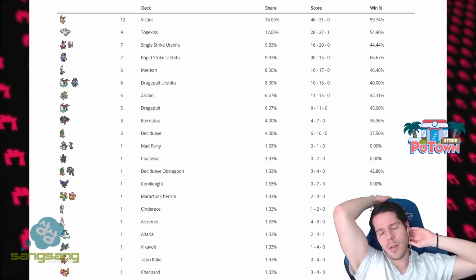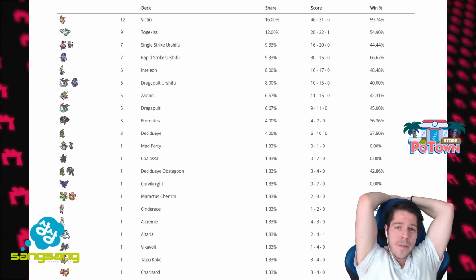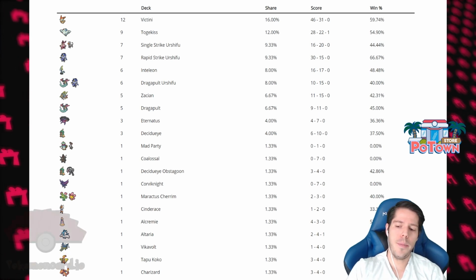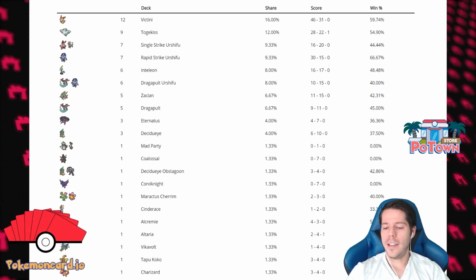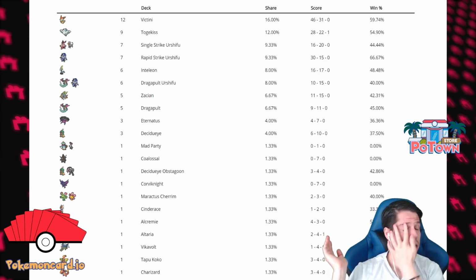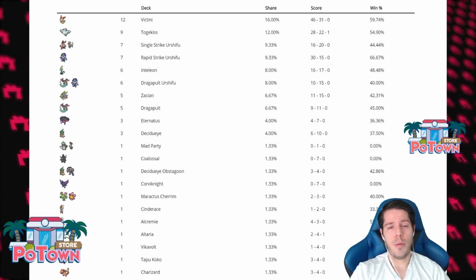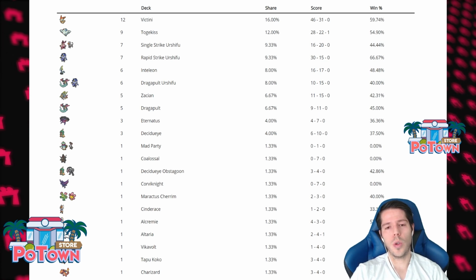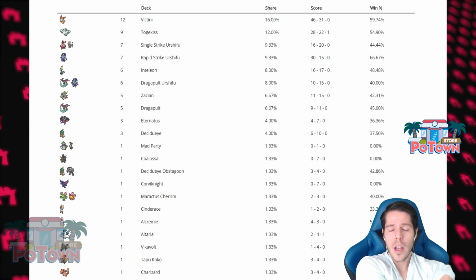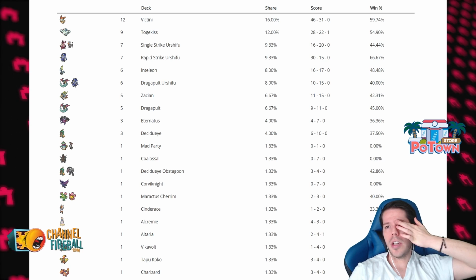This is what everyone would normally predict to be our next standard format, and we are currently in season 2 going until mid-June. The tournaments are free. You can accumulate share points if you participate in these and do well, and that could earn you a direct invite into the day 2 part of the grand final tournament, which is happening in June. If you want more info on that, you can find all the info in the details section and in the